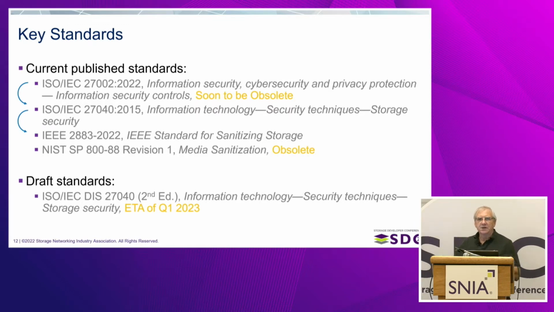So this document is getting very close to its revision, and it does now include requirements around sanitization. Upstream of that is the ISO 27002 document, and it is now pointing at 27040. So you see that there's a series of connections here. This is all important because auditors follow this trail, and that means auditors are going to show up looking at 2883 as, did you do this to make the data go away? And it's going to become, I think, an important aspect of this problem set.